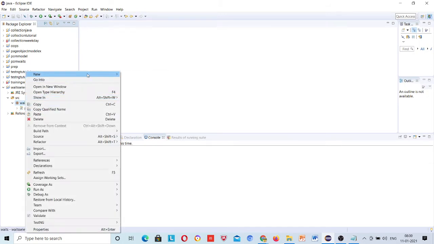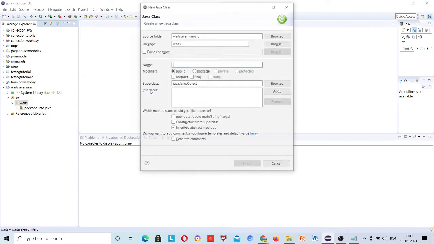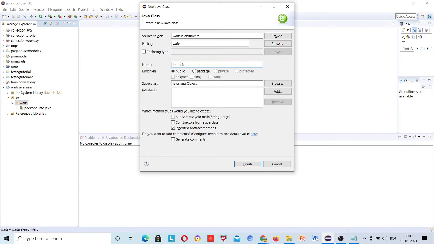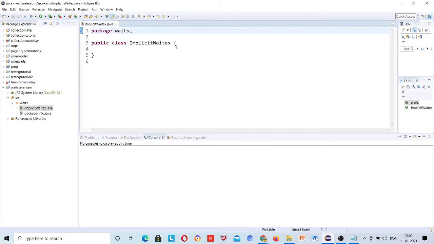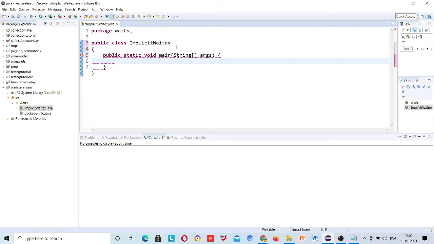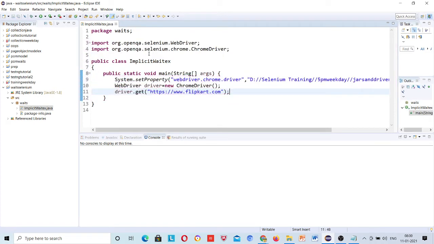First I will start with implicit wait. I hope these 3 lines are clear.